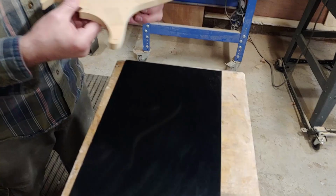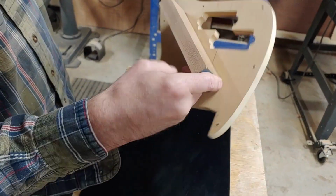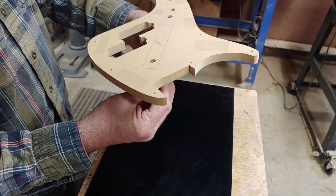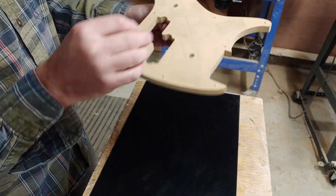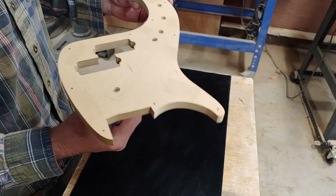Alright, so we're ready to cut this pickguard material out. I have the block attached to my template. These are recessed so the router won't hang up on it. Not that it would, because this is actually going to be covering it, but I don't want anything to scratch or mark the back side of the